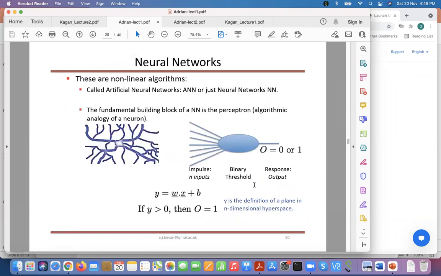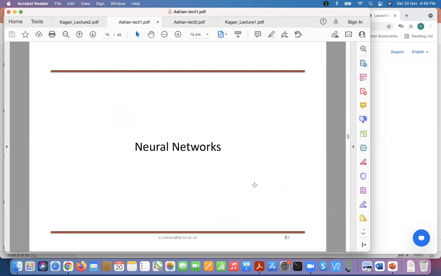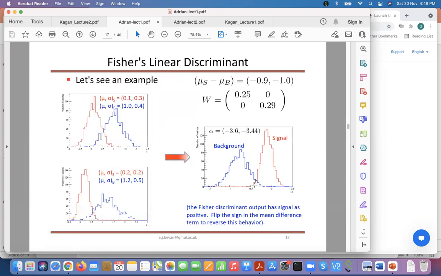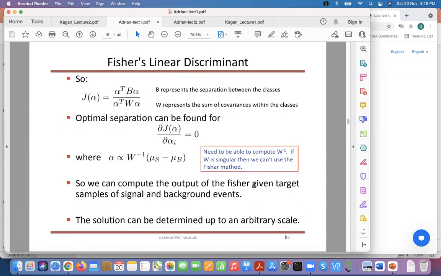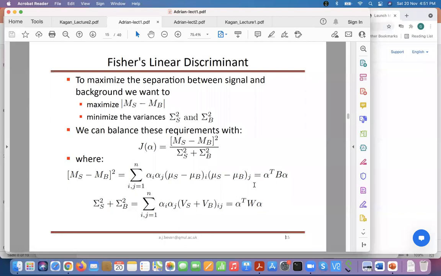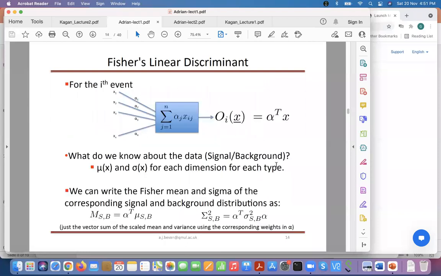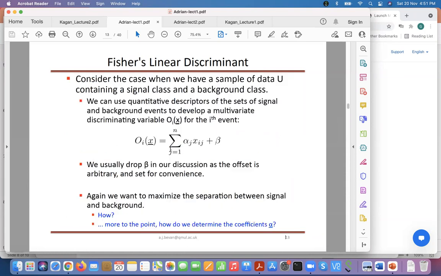Okay, so now let's get into the neural network. One quick thing I want to say: you'll ask, if Fisher works fine, then why do we go into more complicated stuff? So the problem is, if I have an expression like this, where the total output is the sum of alpha i times x i, as I showed here, then if x1 and any other x are correlated, and the correlation is of linear type, that means I can express x2 as m x1 plus something, right?